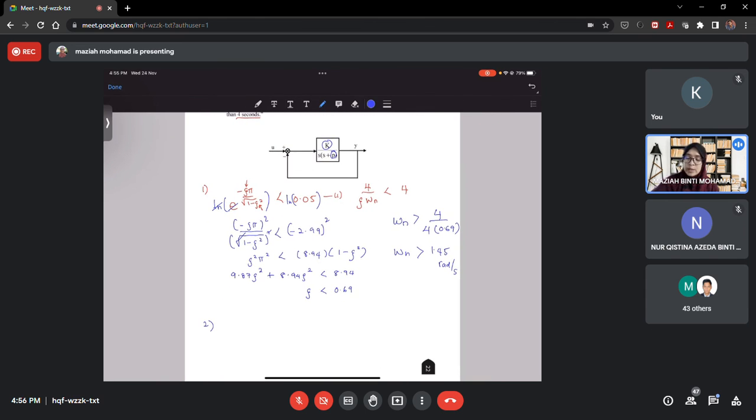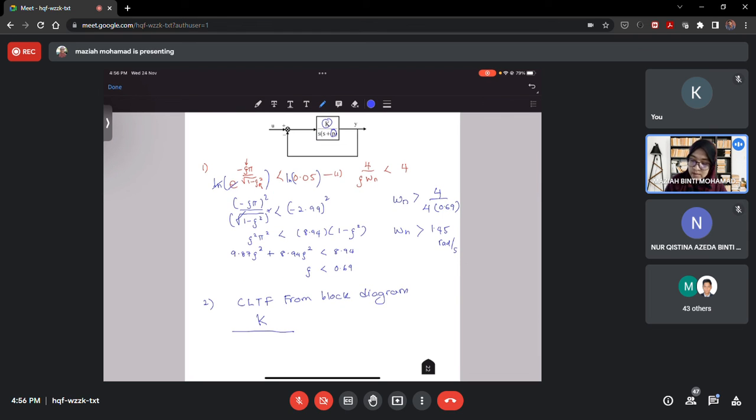So if you produce the closed loop transfer function from the block diagram, all right, you should get K over S square plus PS plus K. Okay, and it should be equal to